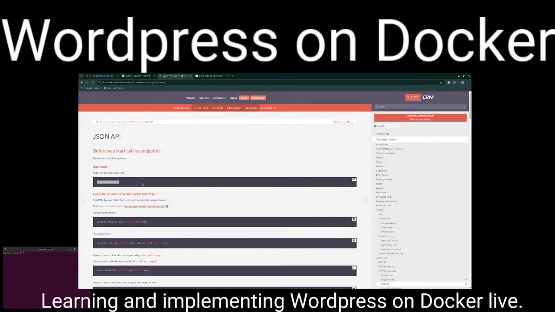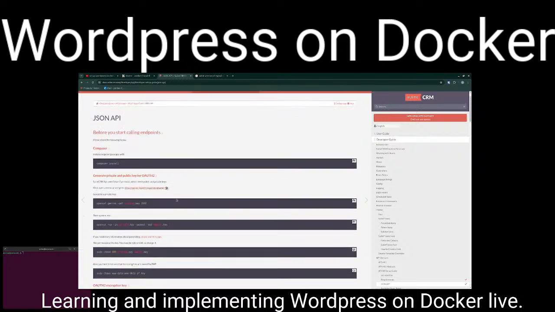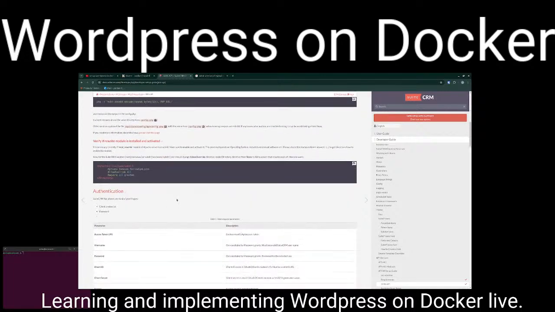Looks like it does use, I think Composer is a... my headset just turned off. I think Composer is a Docker thing. Not sure 100%, but